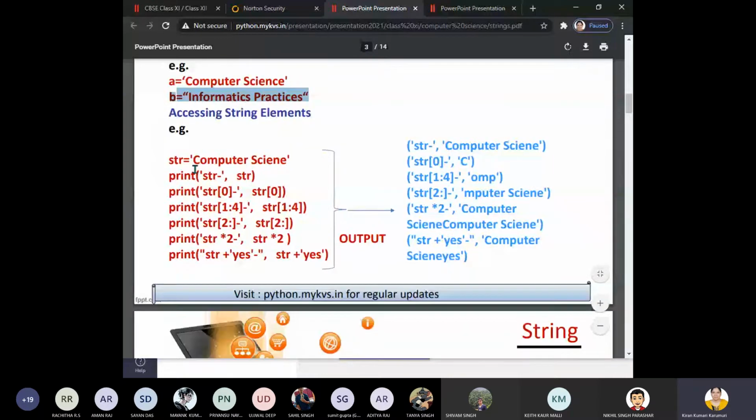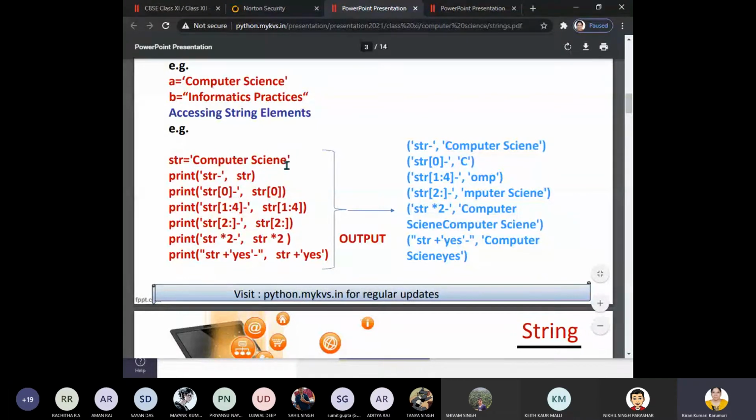So how do we access the content of a string, like characters, a substring, or a part of a string? If you want to get the 0th character, with a subscript, that is square brackets, within square brackets we give the number. So forward indexing starts from 0 till length of the string minus 1.